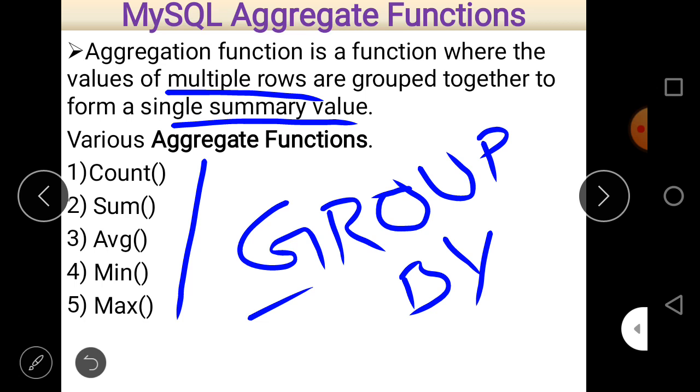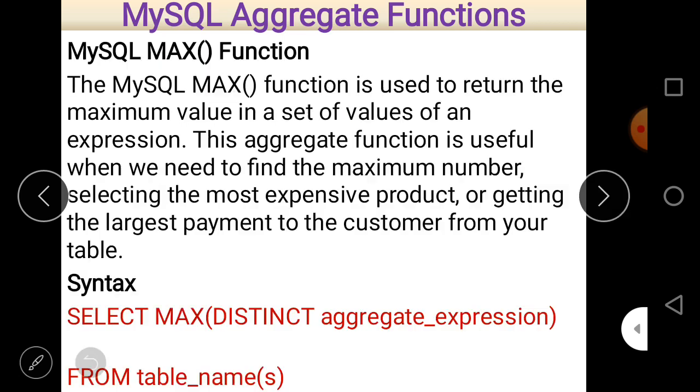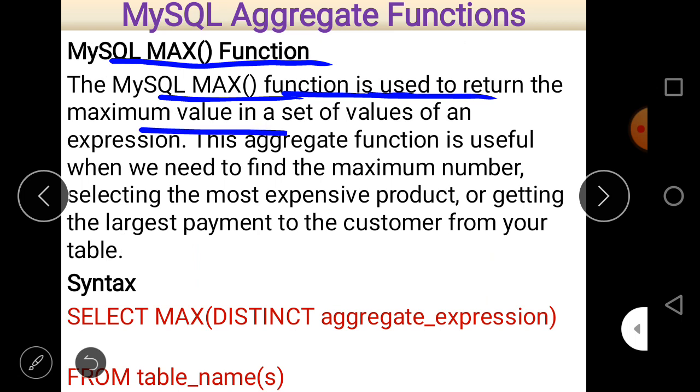So let's start. The maximum function, as the name suggests, max basically finds the maximum value. The MySQL max function is used to return the maximum value in a set of values of an expression.